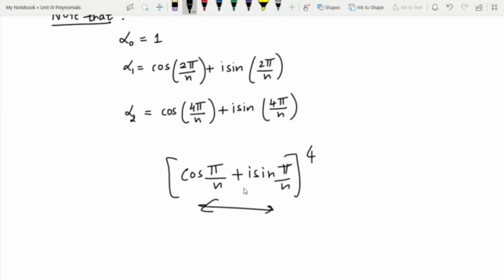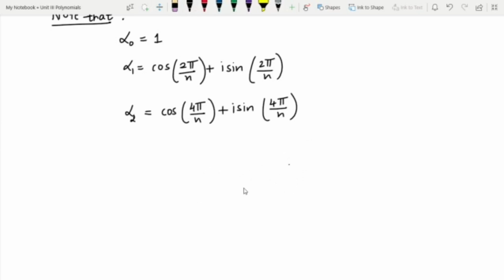So if you take only 2 out, because this 4 can be written as 2 multiplied by 2, so I took only 2 to the power, then what remains inside? Cos 2 pi by n plus i sin 2 pi by n, and this is done with the help of De Moivre's theorem. Now you can see that this is nothing but alpha 1: cos 2 pi upon n plus i sin 2 pi upon n. So how can we write this? Alpha 2 is equal to cos of 2 pi upon n plus i sin 2 pi upon n